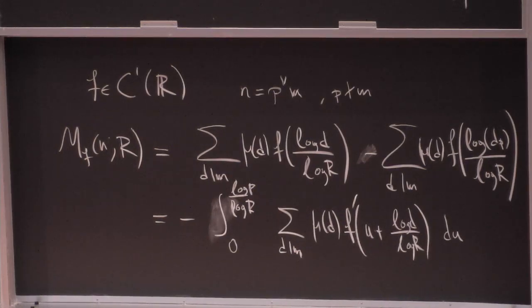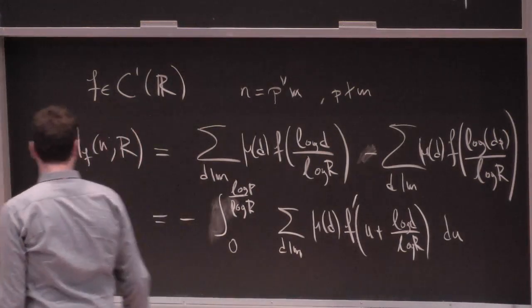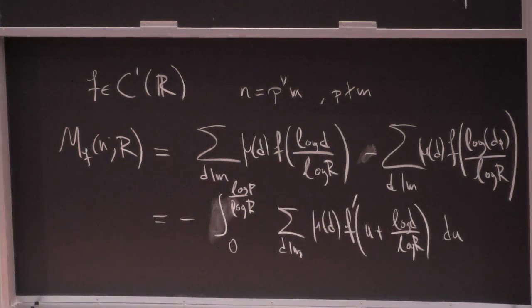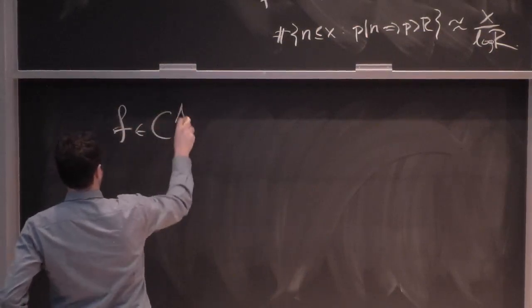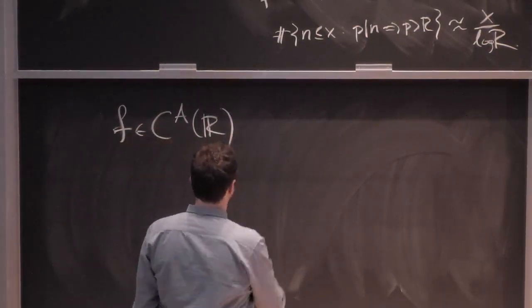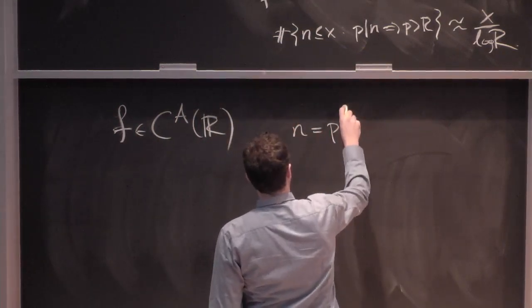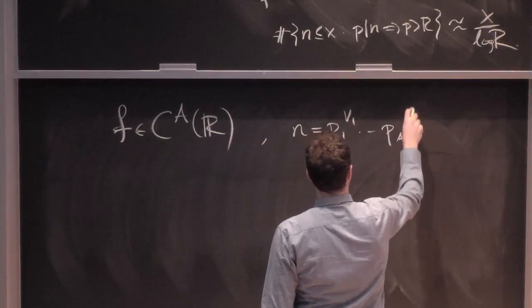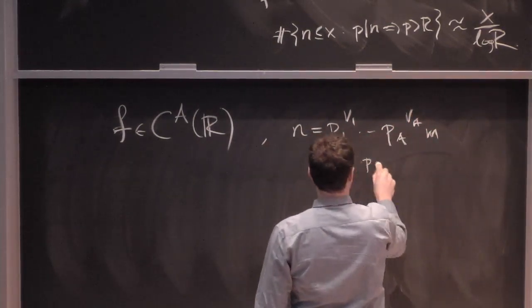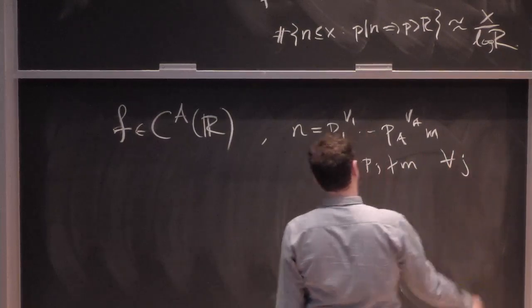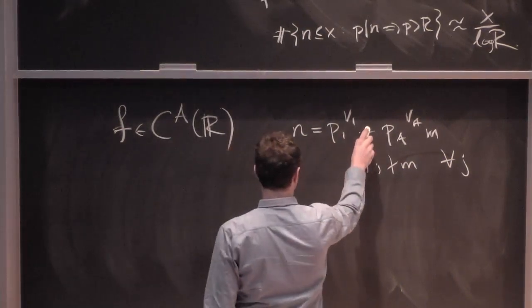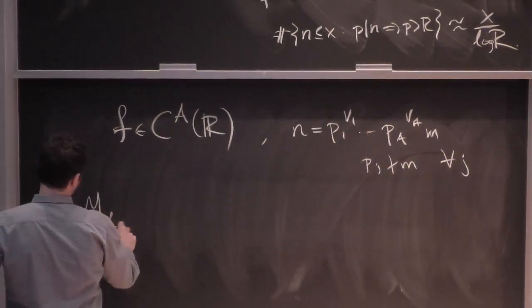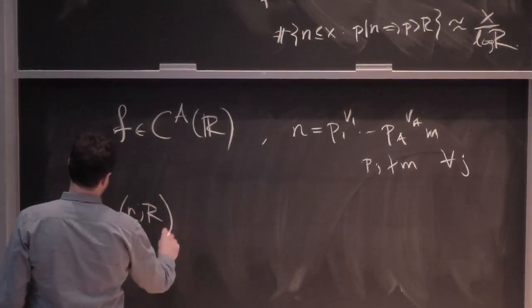Okay, and why stop there? Let's assume that f has more derivatives and iterate this process. So assume that f has a derivatives, and assume that n has at least a distinct prime factors. And write it like that. And then if I iterate what I did there, I will find that